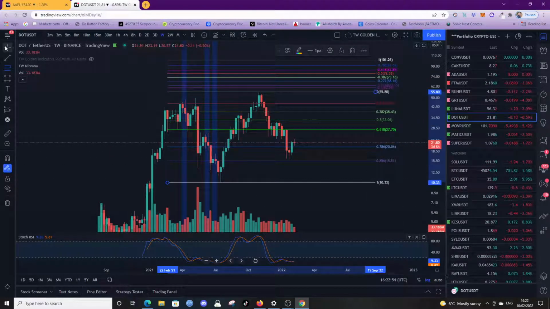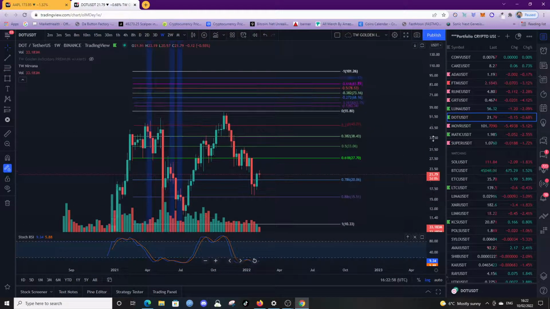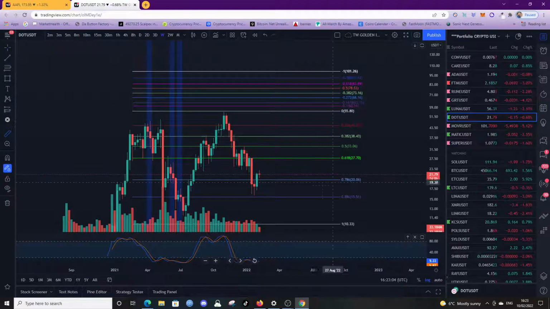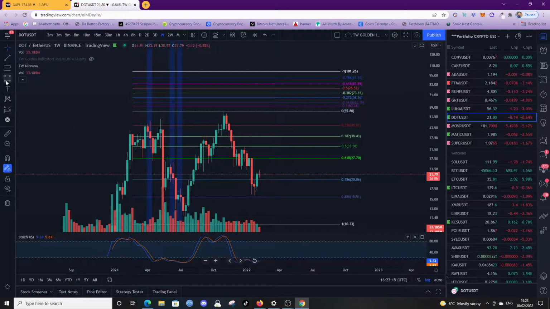So if you bought at the 886 here and you're looking for targets at 618 at $63, you bought here, say it's 786. You're looking at 206% on your money, rather than when all your friends said, "Oh yeah, Polkadot's going to keep continuing going up," and you make